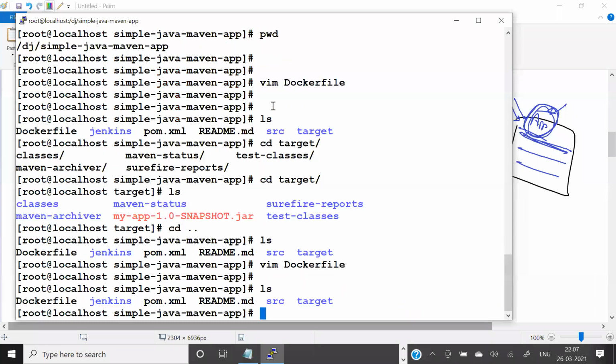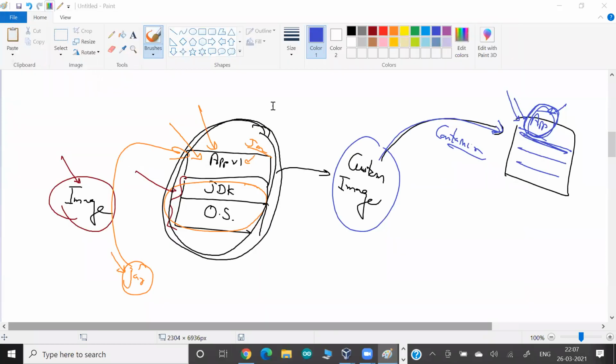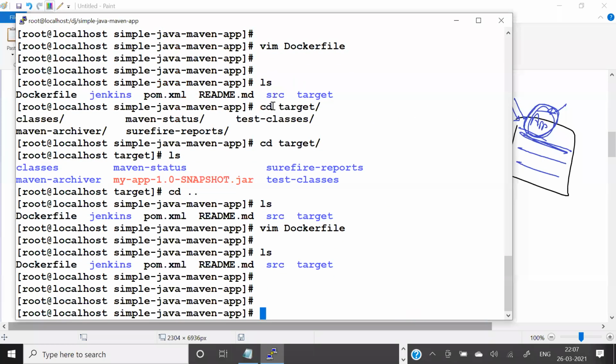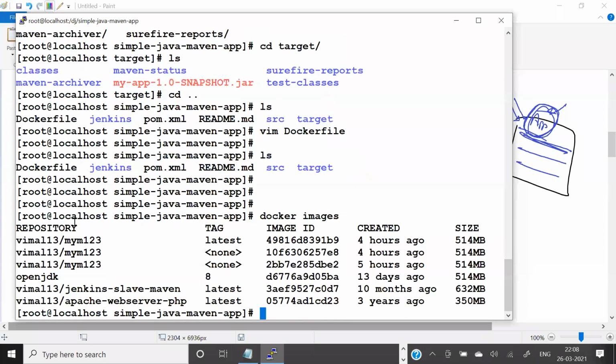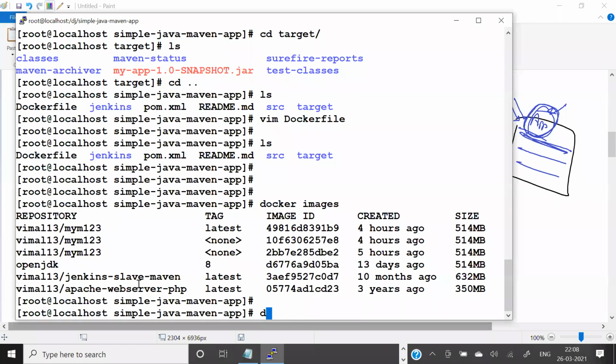And this is the code developed. After you develop the code, you have to create the image. And for this, you have to run this code. How to run this code? Before I run this, guys, let me show you the docker images command. It shows you all the images that I have right now in my current local system. These are some images I have in my local system. Now if I run my docker build command,